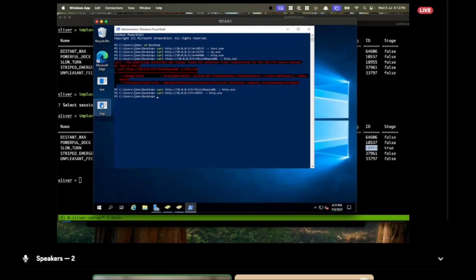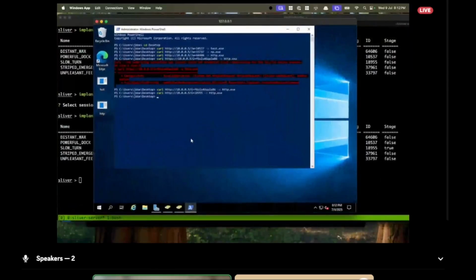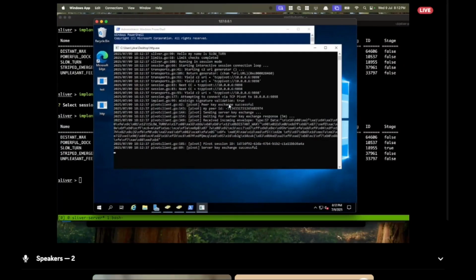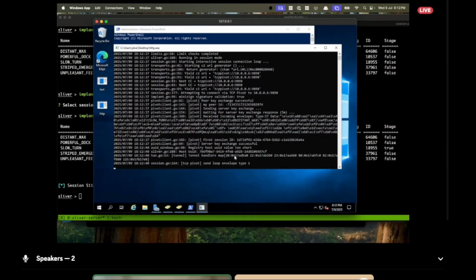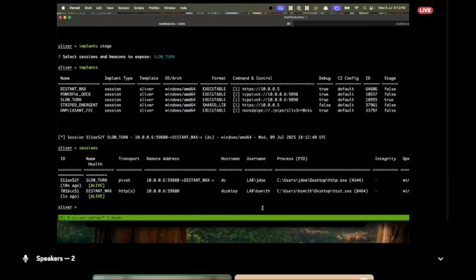So if I double click this, since I built it, I believe, in debug mode, yeah, it'll spin up a window and it'll show the pivot key exchange. And as you can see here, it successfully negotiated the key exchange and connected back. And we now have a new session. If you type in sessions,